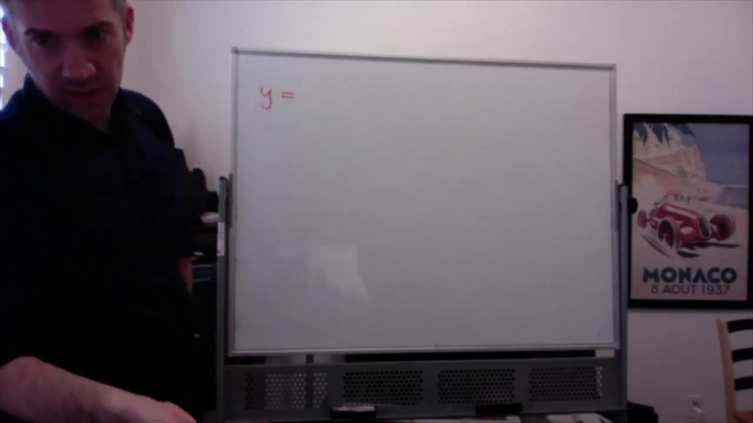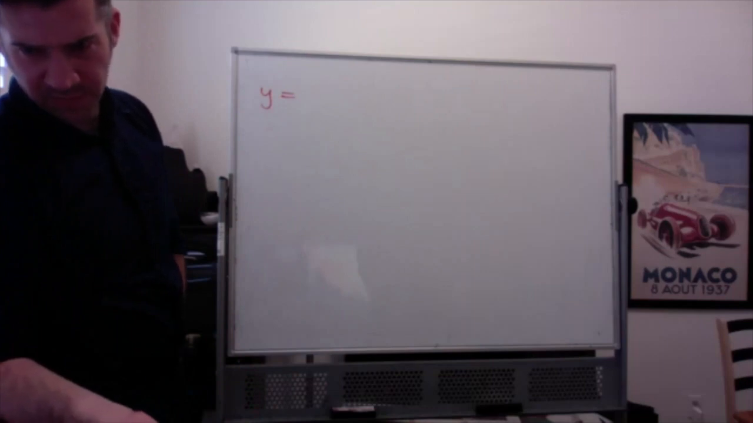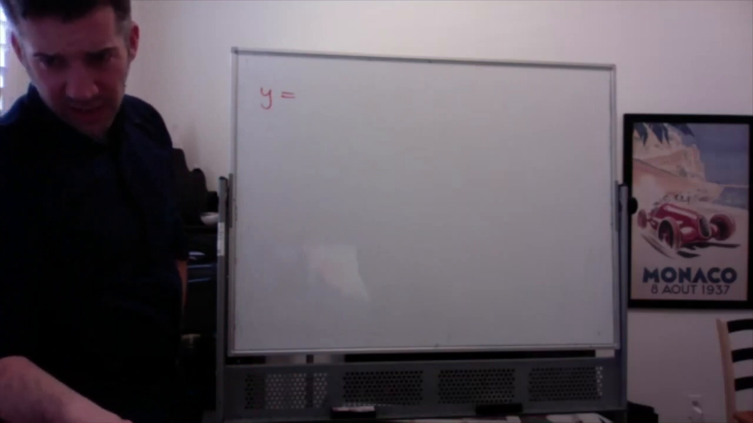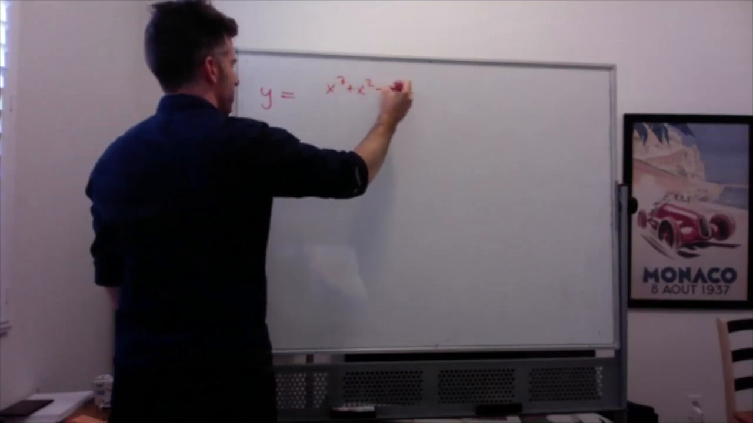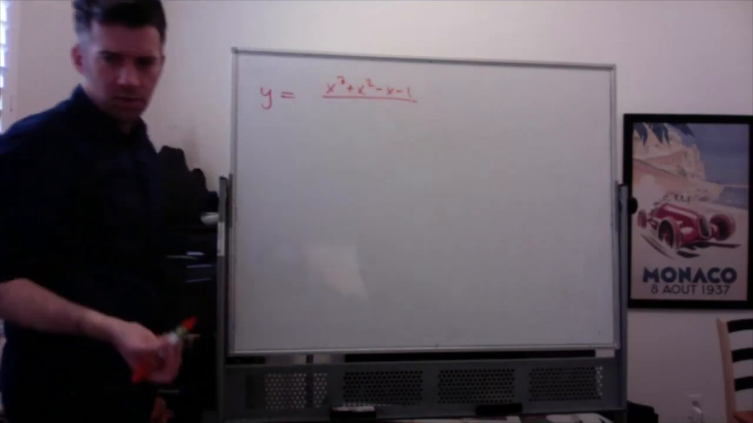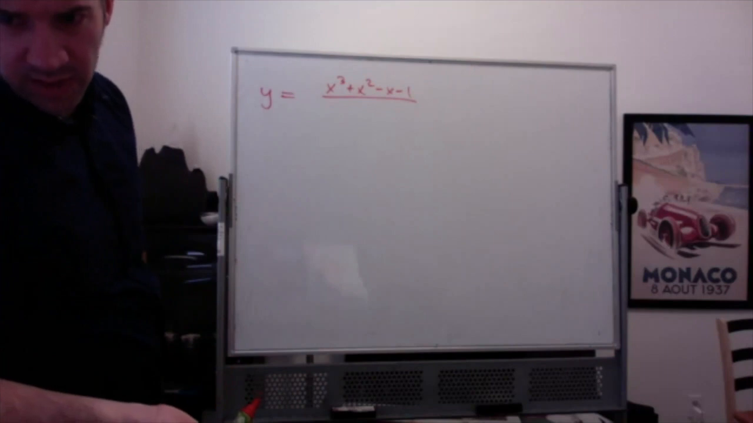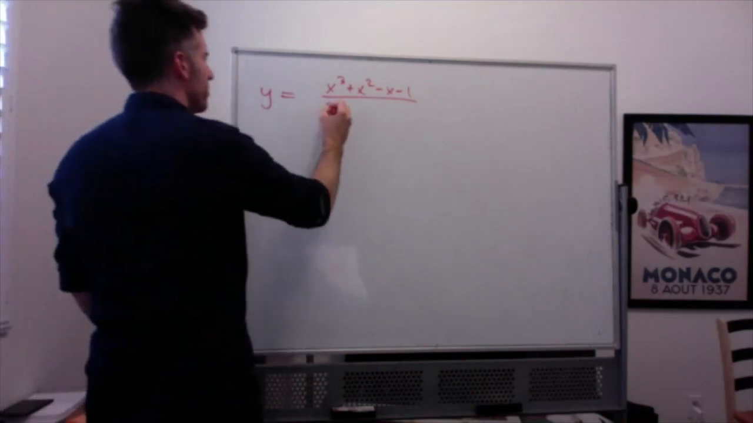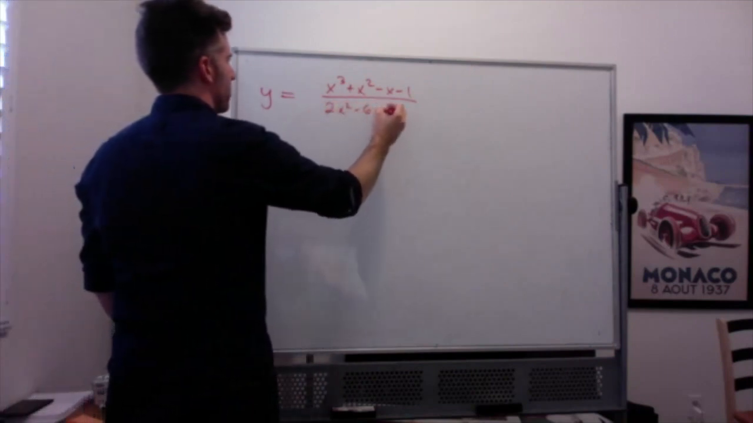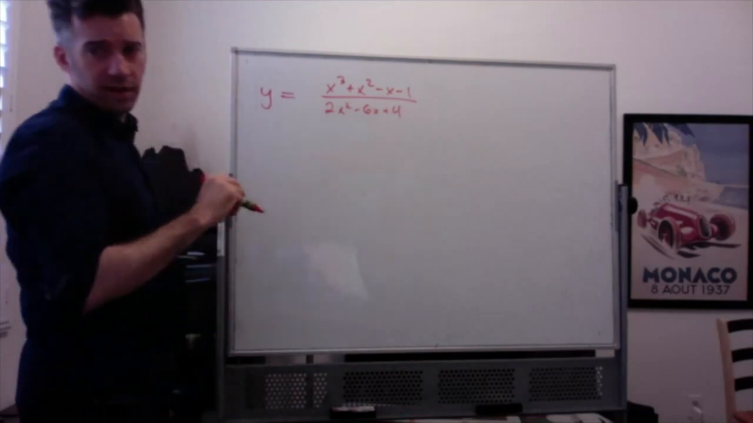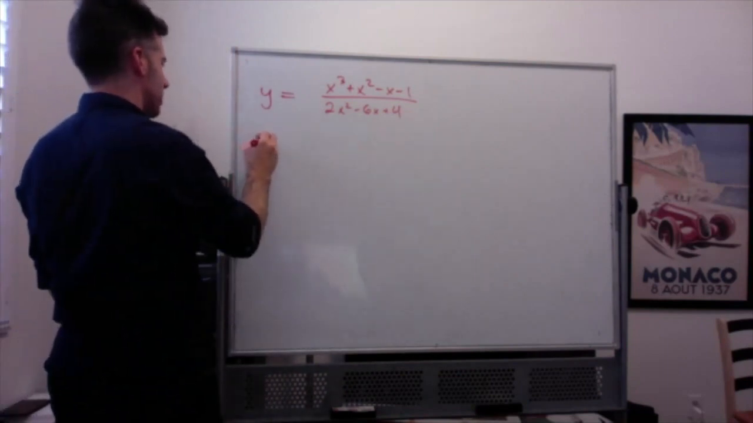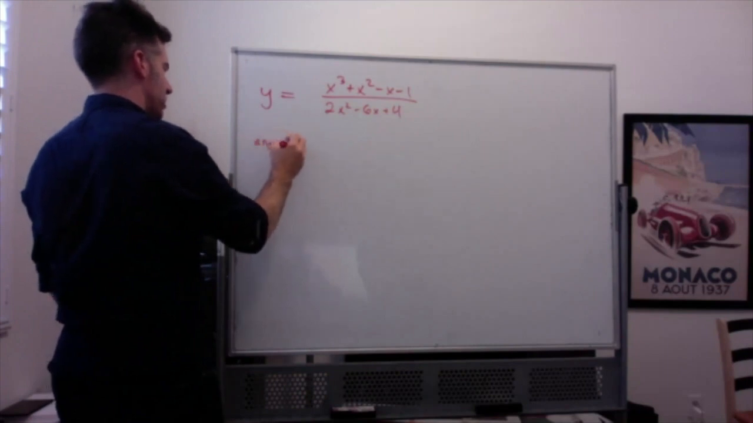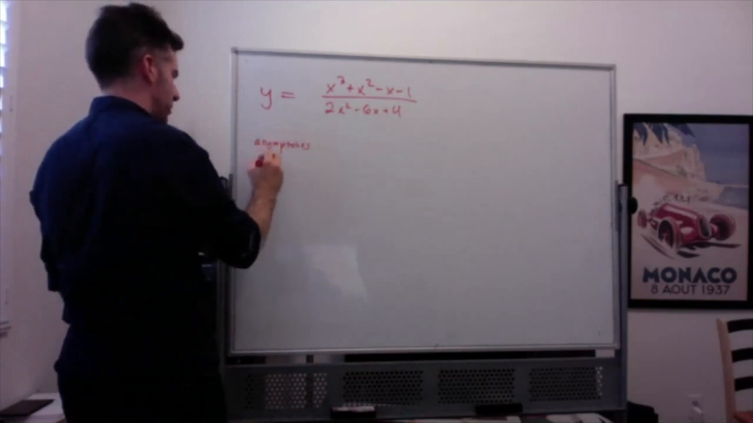So here's the question that I've been asked. y equals x cubed plus x squared minus x minus 1 over 2x squared minus 6x plus 4. And we want to find essentially everything: asymptotes, intercepts,